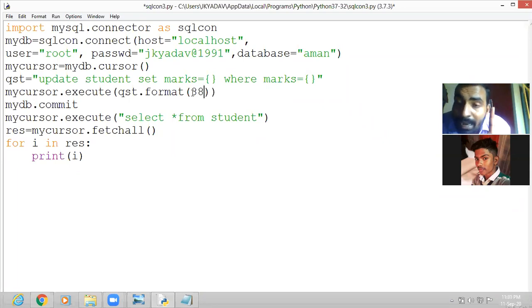Okay, there was a mark 88 in one record. Let us see that also. Where is 88? So that you can find.